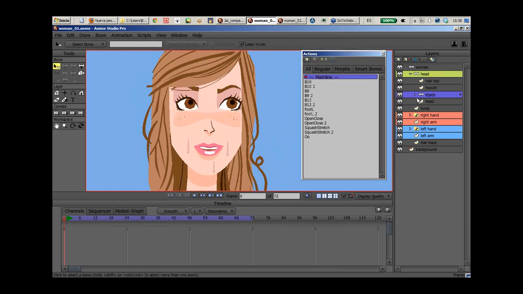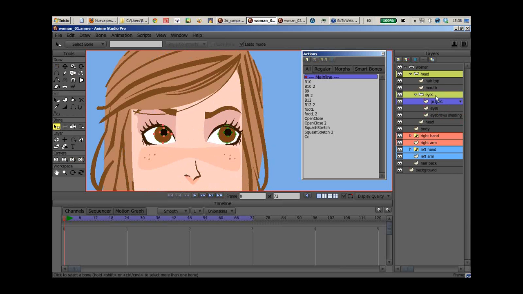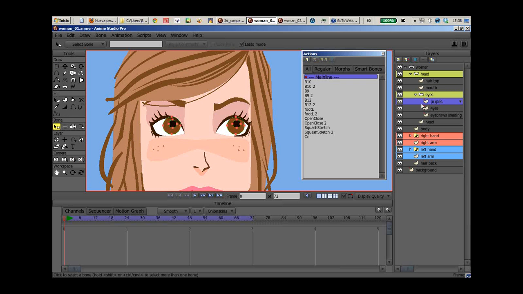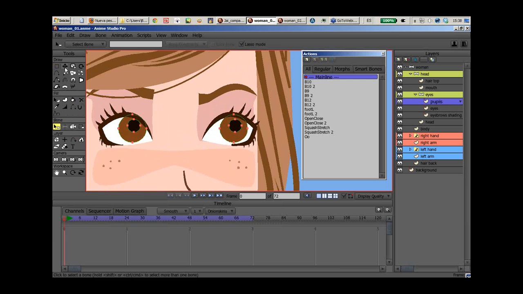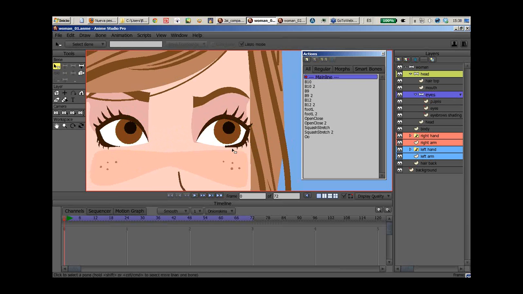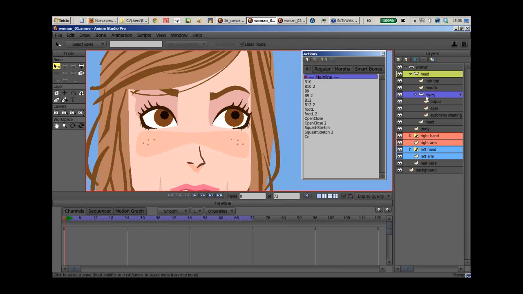Okay, so now you see the eyes are inside another bone layer. Okay, this construction is very similar to the one I did for the other webinar, character rigging webinar. Okay, so we have the eyes inside a bone layer, and we have the pupils, and you can see if I move the pupils, they are being masked by the eyes, right? So to make the eyes work, we can add some bones directly in the bone layer of the eyes. So for example, we can add a bone here with no strength,